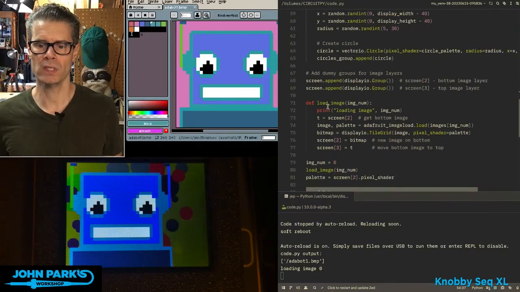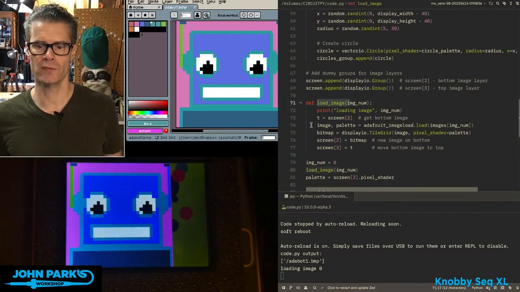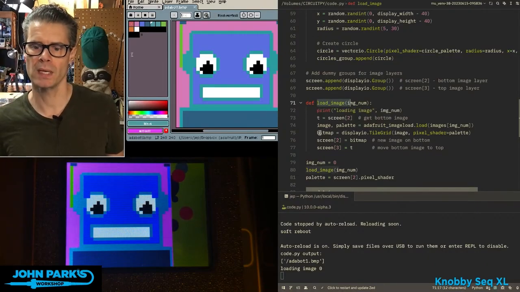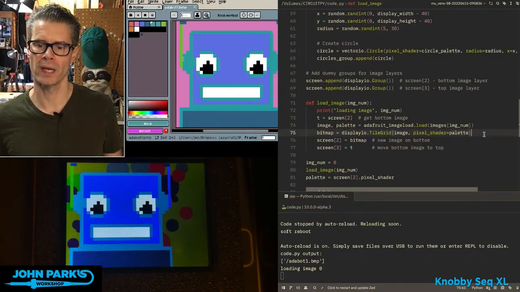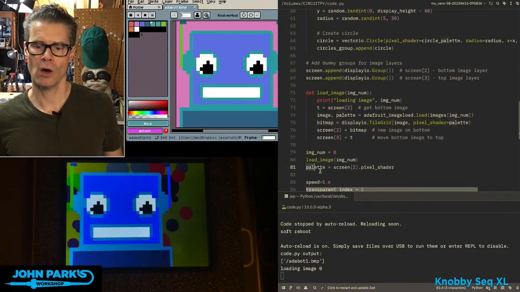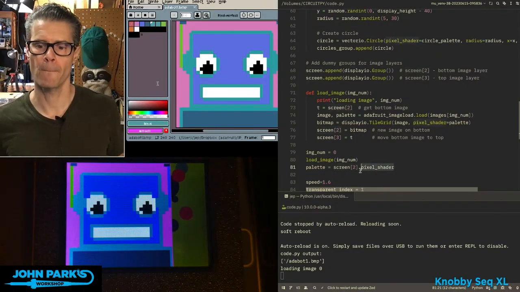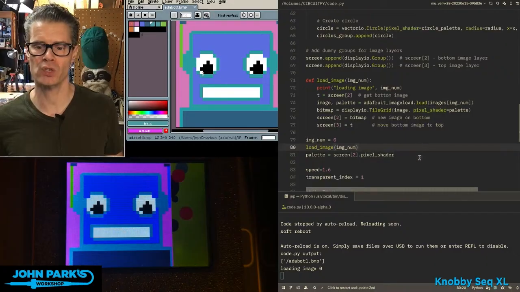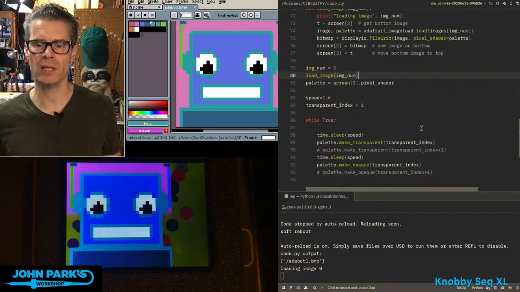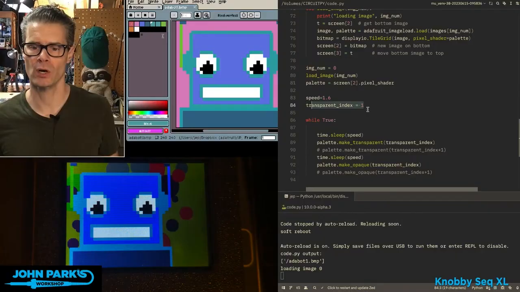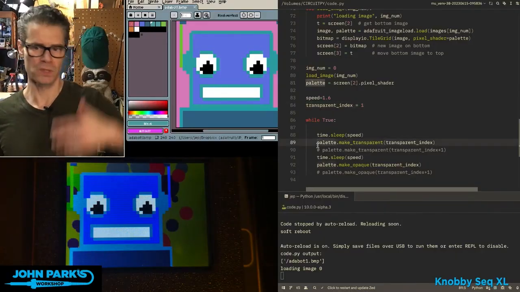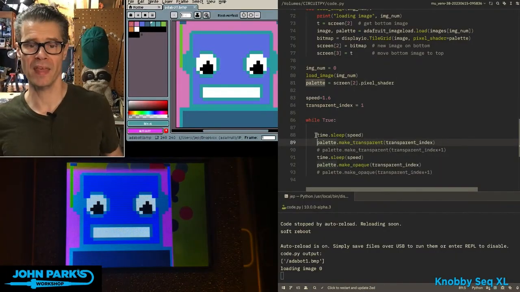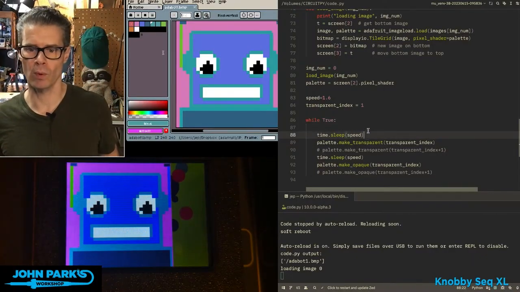And then I'm going to grab this image off of disk, which happens to be adabot1.bmp, and I'm going to grab the image and the palette from the file through the file load. Then I can call the palette here as screen2, it's the second or third object, pixel shader. So once we have that pixel shader grabbed, we can make a palette for it. So my transparent index number here, 1, I'm going to say display the image, so we load that right away. But then in the main loop, as we're cycling through that, we wait, I have 1.6 seconds of hold,